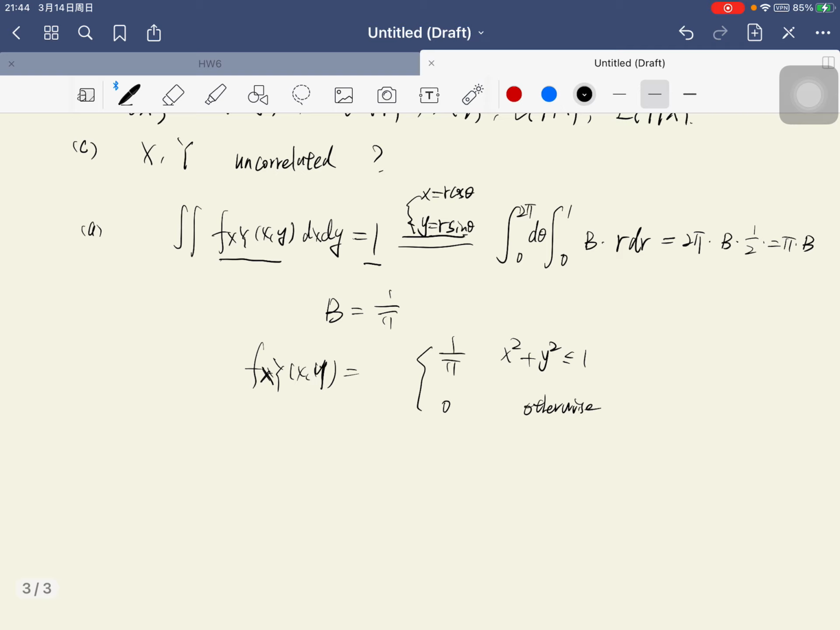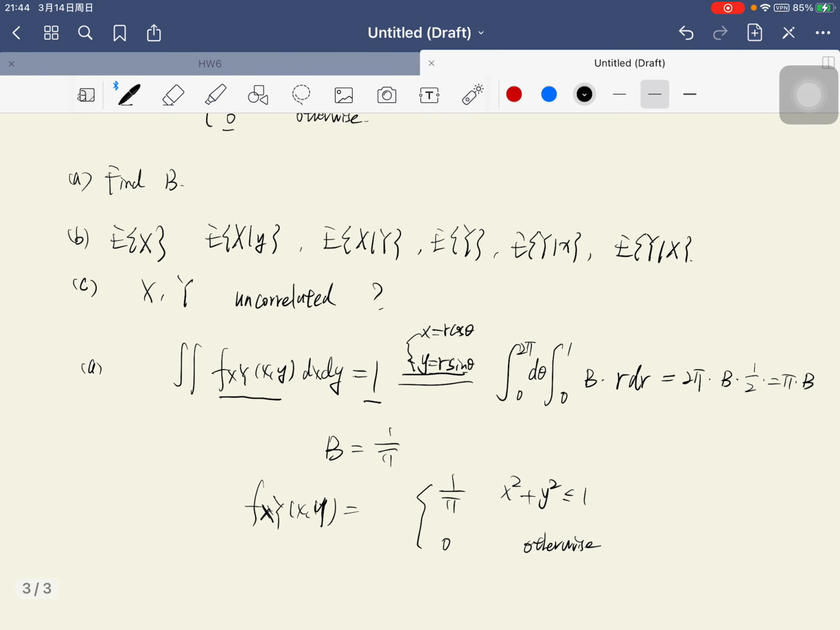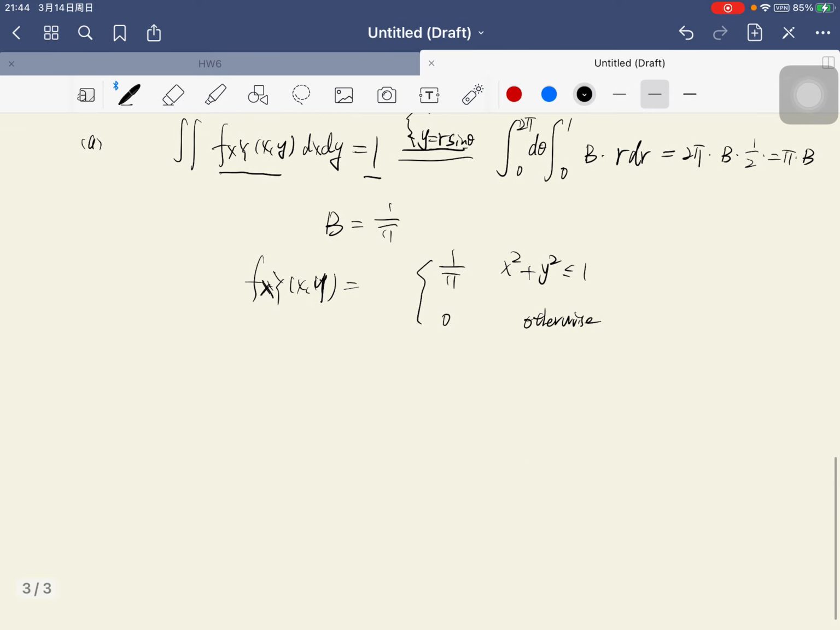And for question B, we want to compute the expected value of X given small y, X given big Y, and Y given small x, and Y given big X. To compute this, at first we compute the expected value of X, which is equal to the integral of x times the density function of (x, y) dx dy. We can also use the